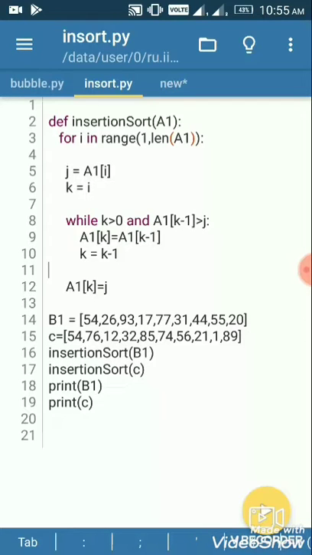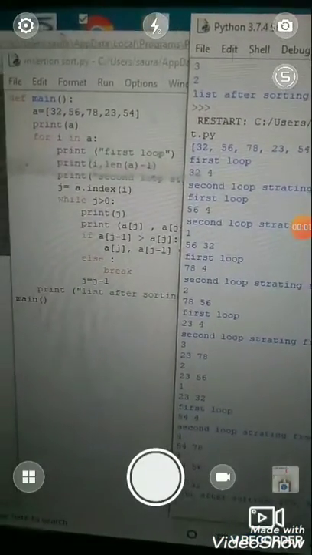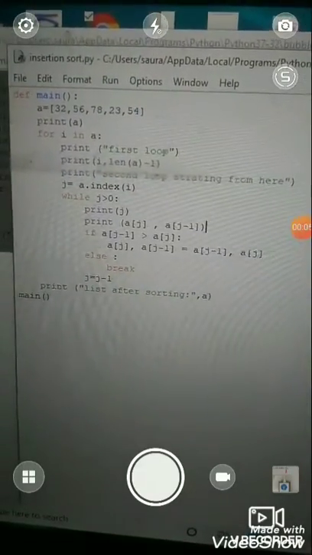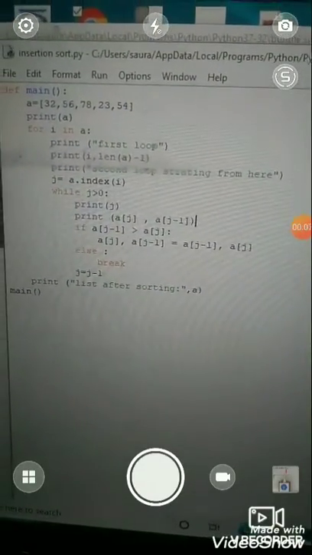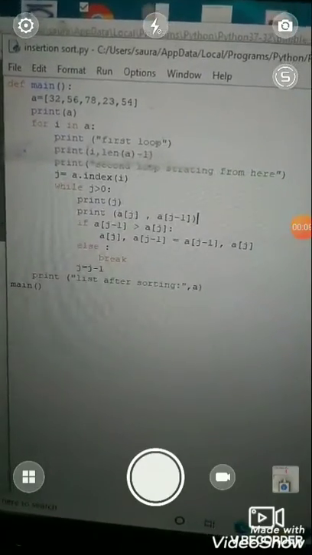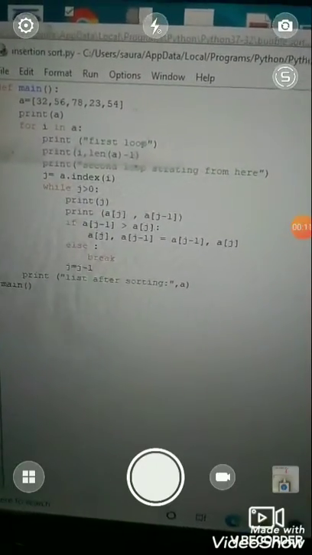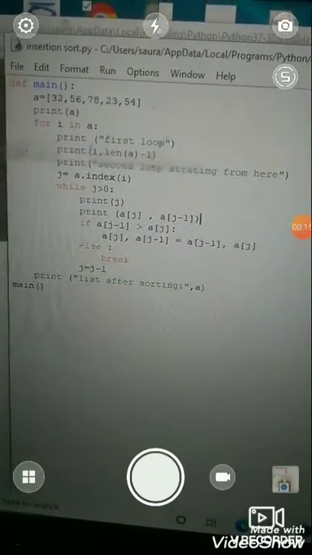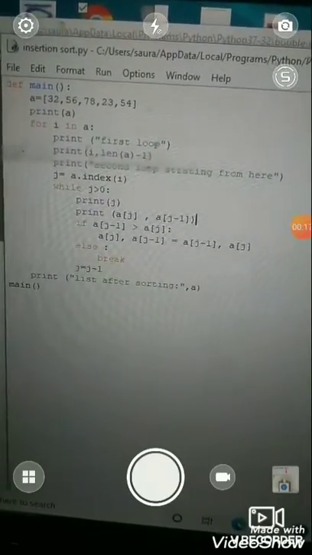Let's understand this sorting method through the program given in our book by using the Python shell. Hello students, here you can see the program of the insertion sort algorithm, and this program is the same as the program in your textbook.